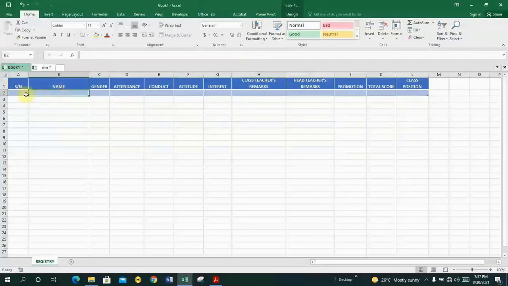Now we are done with our registry sheet. It's left with the formulas. Now this